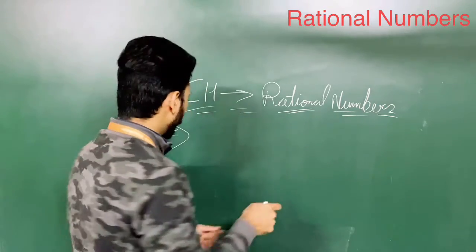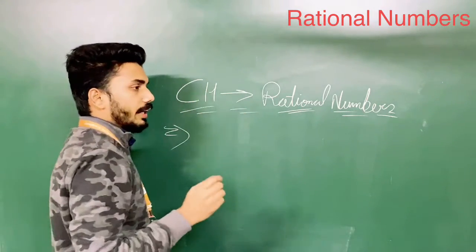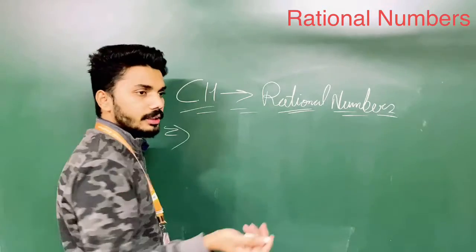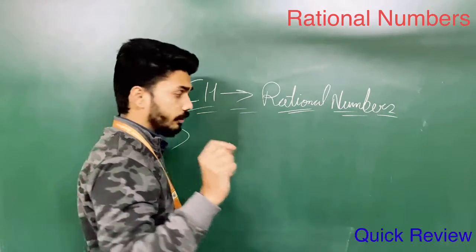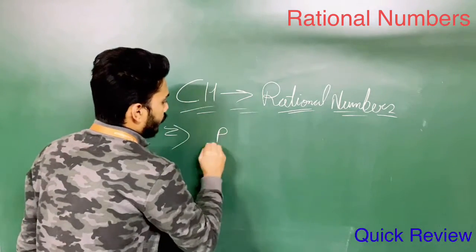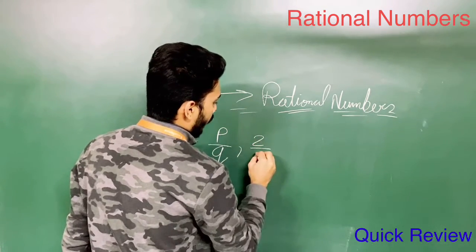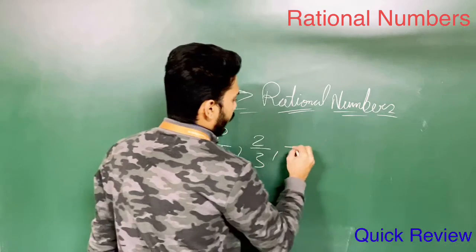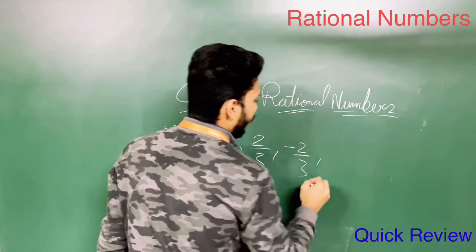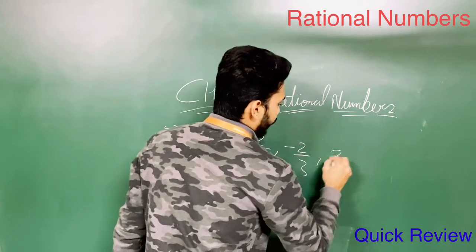Like how we can do lots of exercises. Okay, so in the earlier video I have already said to you what the rational numbers are. Let me give you a quick review of the chapter. The number which is in the form of p by q, it means it's in the form of a numerator by a denominator. Even it can be in a negative form, it can be like a single digit.